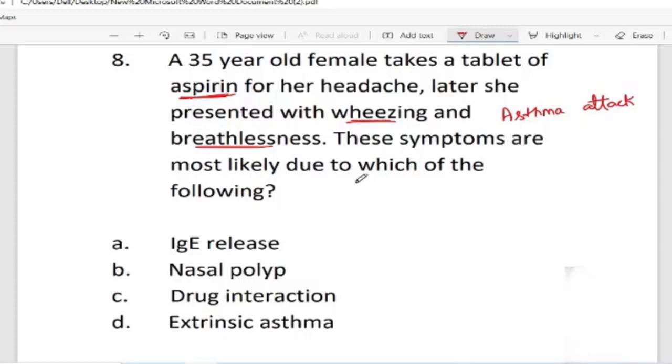These symptoms are most likely due to which of the following? Options are IgE release, nasal polyp, drug interaction, extrinsic asthma. Now the examiner framed the question in such a way that you get confused. But basically, the correct answer here is the nasal polyp. Let me tell you how. The examiner wants to mention one triad that is known as Samter's triad. This triad consists of aspirin intolerance,